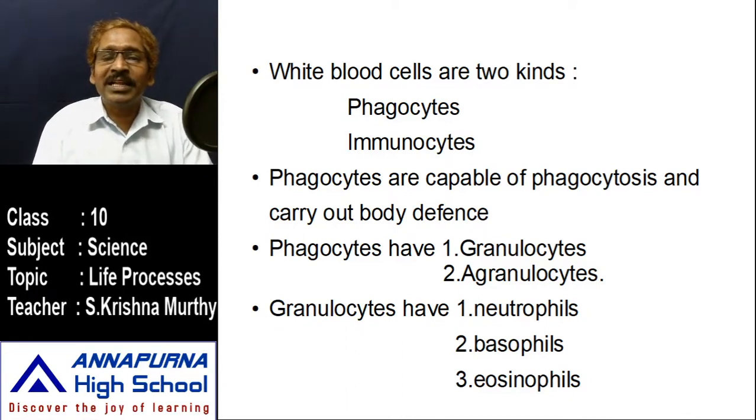Also, some white blood cells act as phagocytes to kill the pathogens. Those cells engulf the pathogens such as harmful microorganisms, so they are called phagocytes. Those destroying or killing the disease causing germs, and those giving immunity or resistance power to our body, are immunocytes. So majorly the white blood cells are phagocytes and immunocytes.